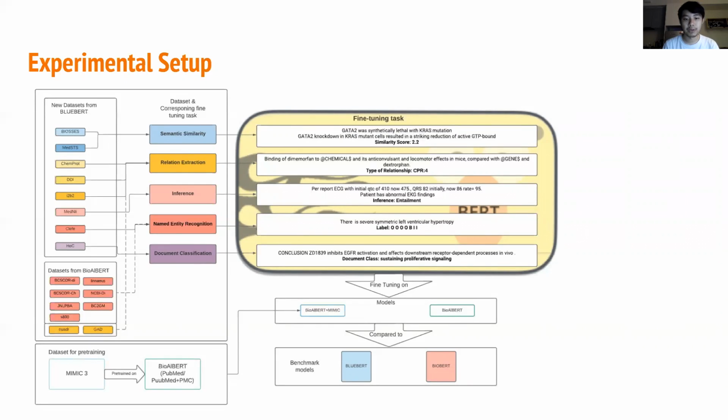The third task we use is the inference task. Given a sentence of premise and hypothesis, the inference task can identify whether the premise entails the hypothesis. This task will address the problem in 3 ways, which are entailment, contradiction, and neutral.